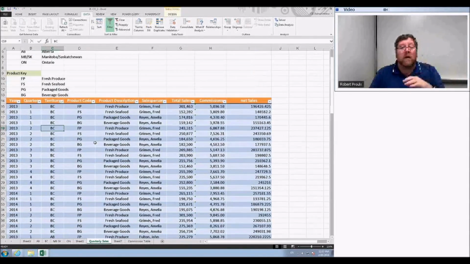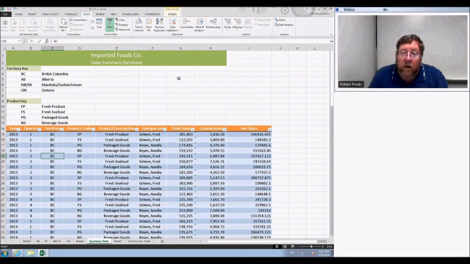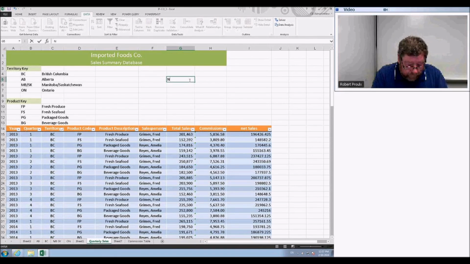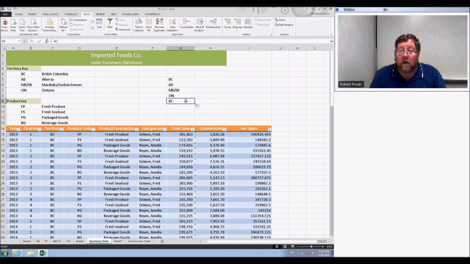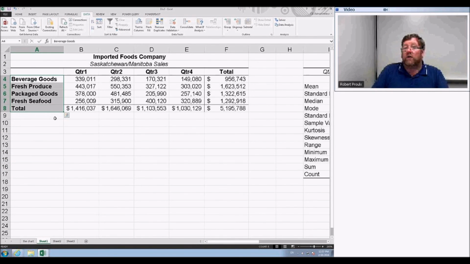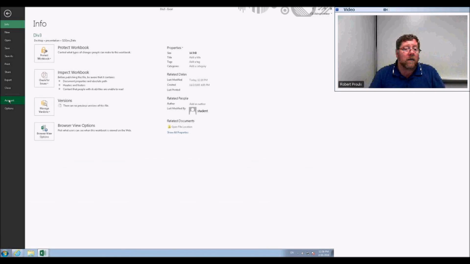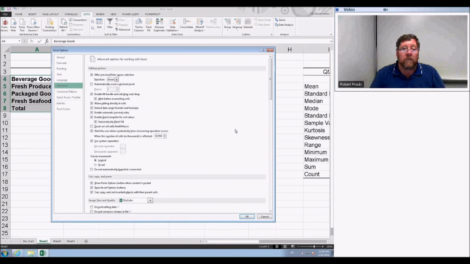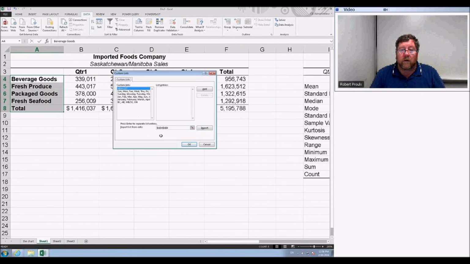But watch what I can also do now. If I type in BC here, I can now use this to create a list. Just keep this in the back of your mind, something that may happen here. Let's say this is the list that I always have to use. I'm always typing this information on an actual chart or on different standard worksheets. So I could come here, scroll all the way down, and there you go. I can import this here. I hit OK. So you see here, I can come in and type in